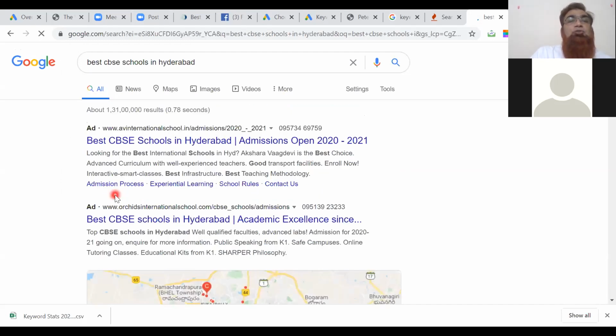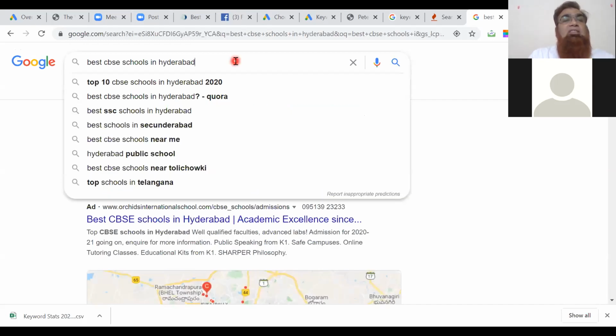the moment I search for best CBSE schools in Hyderabad, Google has suggested top 10 CBSE schools in Hyderabad 2020. Now, why is Google suggesting these things? Because of the kind of queries that people are submitting related to Hyderabad. Second, you can see there is a question being asked on Quora related to best CBSE schools in Hyderabad.